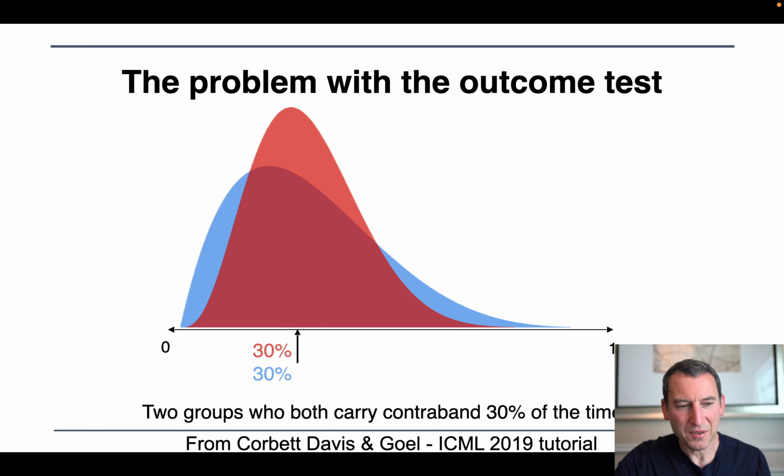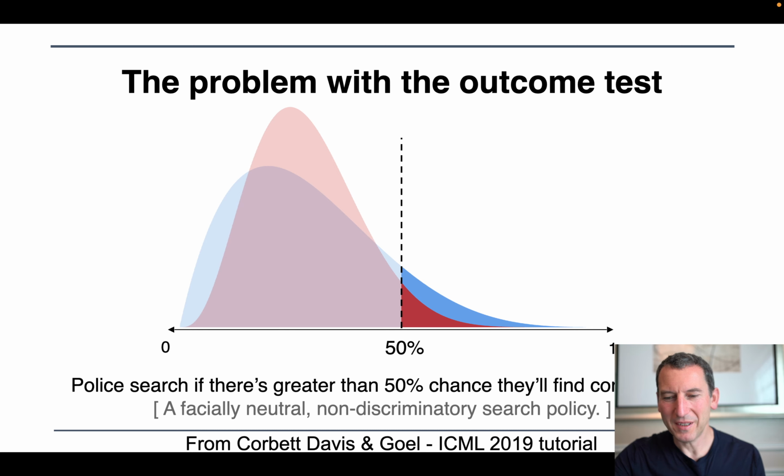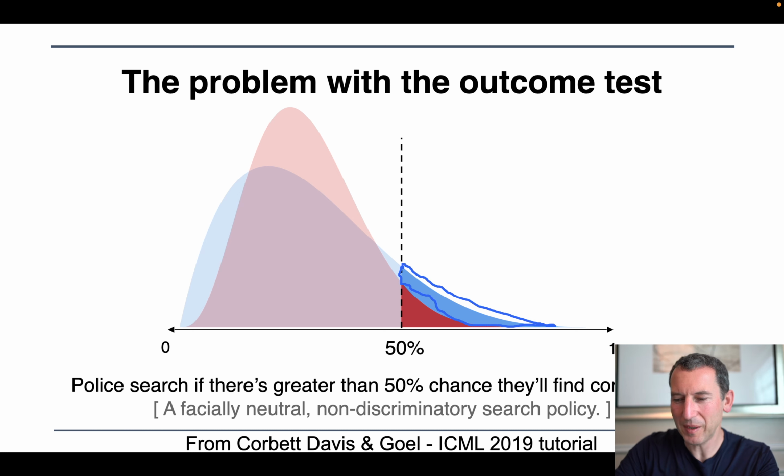So, as already mentioned, those two groups carry contraband 30% of the time, so they're exactly the same in this regard. But if we decide that we will only stop people who have at least a 50% chance of carrying contraband, at a specific cut point here, then it's very clear that the probability mass is much larger here. So the fraction of people being arrested that are blue is higher,